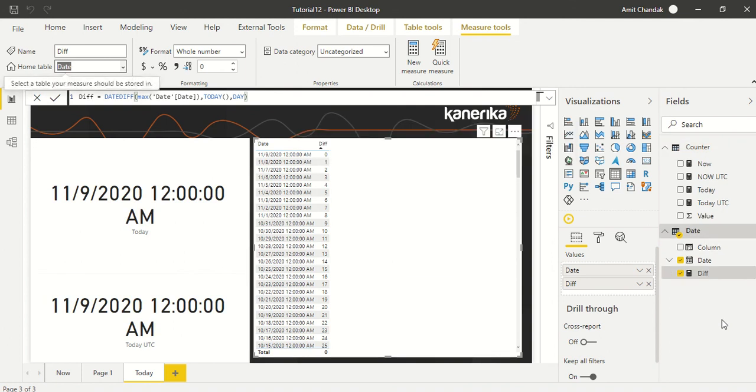Play around with this and let us know what else you want us to cover. You can watch our videos where we have shown you how to default on today, and how we create a column in the date table using the TODAY function only. Pretty useful in that case.